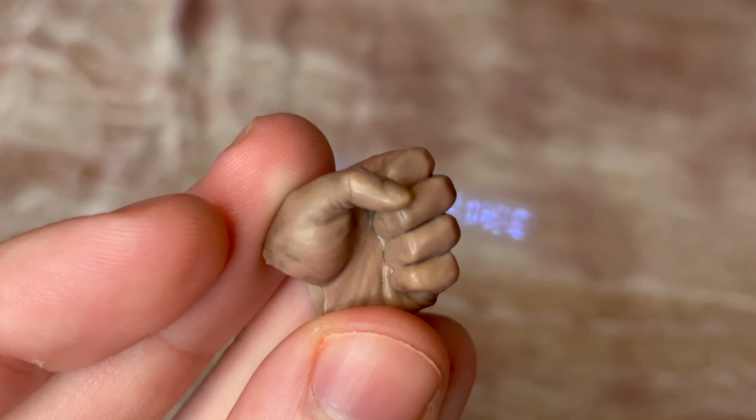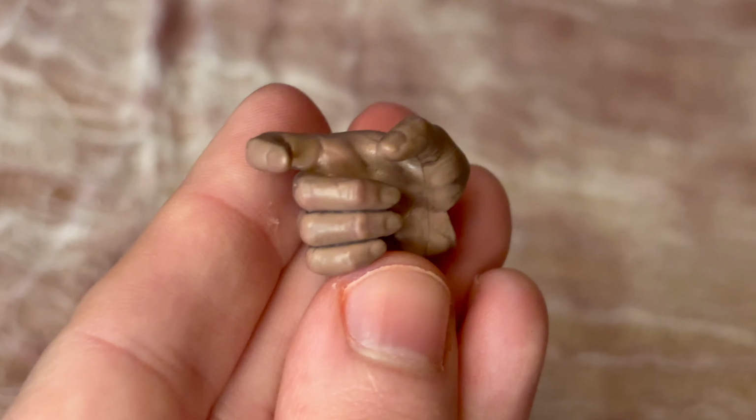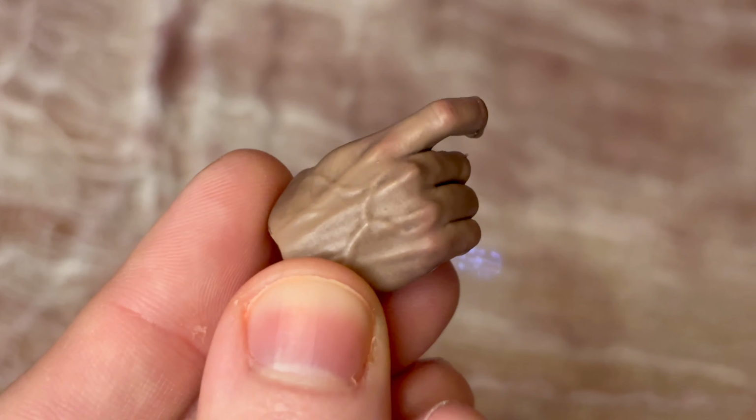So, taking a quick look at the accessories he comes with, Dr Loomis comes with 2 pairs of hands in total. Firstly, the open palmed relaxed hands that are already on the figure, and then we have a left hand which is clenched into a fist, and we also have a right hand that also has a trigger finger that allows Dr Loomis to hold his trusty revolver. And speaking of which, here is that very revolver, which is the only actual accessory that Dr Loomis comes with,